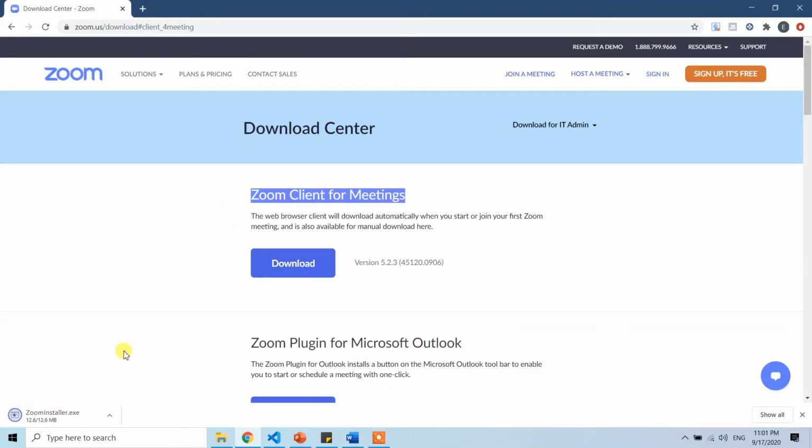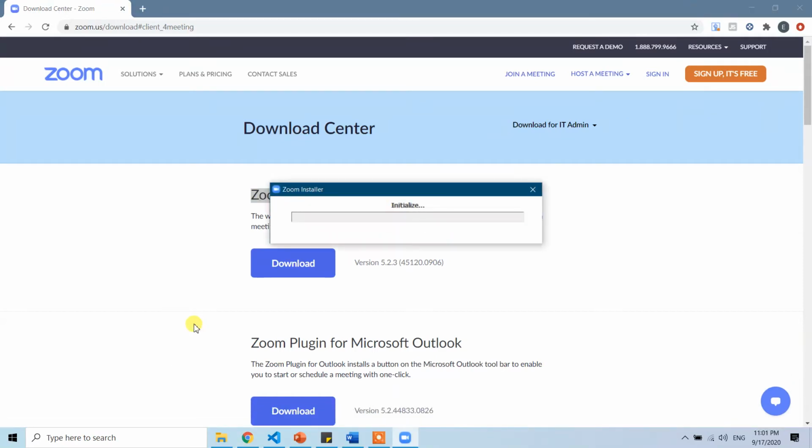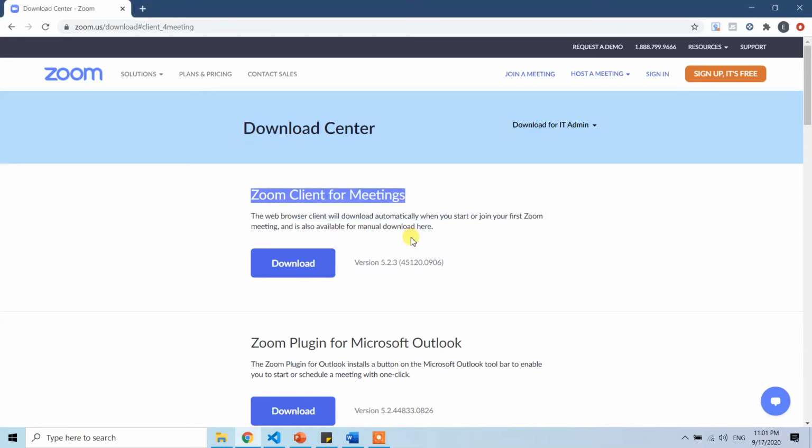and once download finishes, let's wait here. You can click on that one. The exe file will start to installing on Windows 10. Yeah, let's wait, be patient. So yeah, now it will launch the application